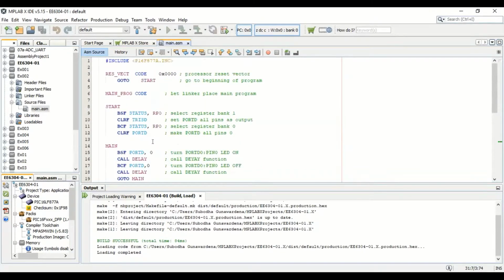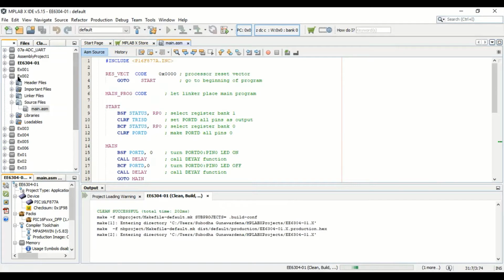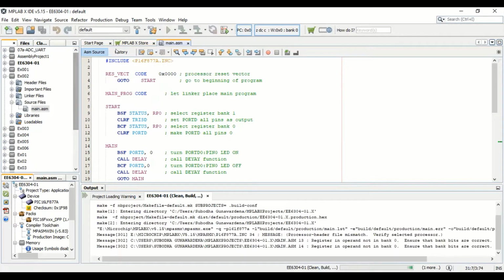So here's the code, and then we will run a Proteus simulation using this code. First I will be building this program. So this program is example ex002. Sorry, just give me a second.